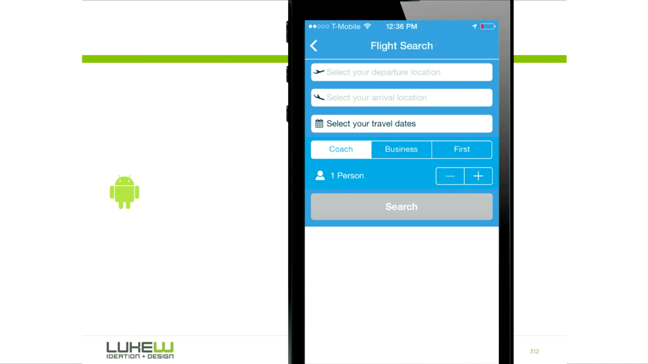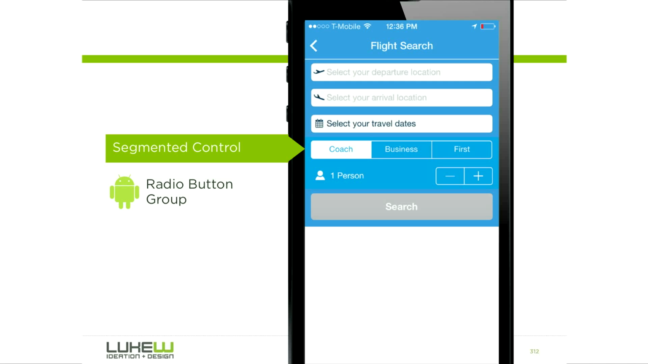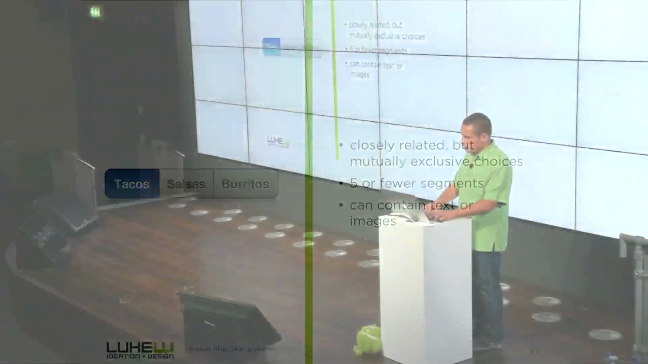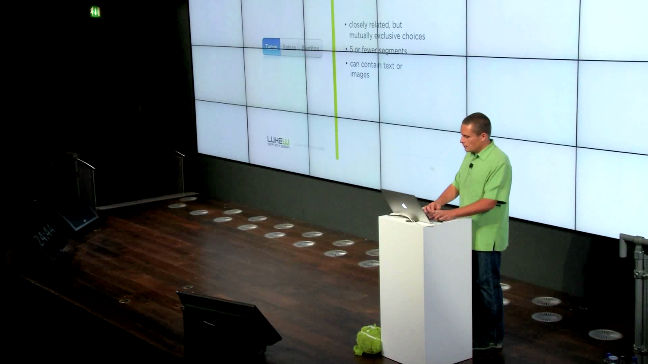Hipmunk does class of travel with a segmented control, or a radio button group, as I showed before. Coach, business, first. And it allows you to tap on this right here. So segmented control is closely related: mutually exclusive choices. And I'm going to pause right here because I want to do a quick quiz question for you guys and